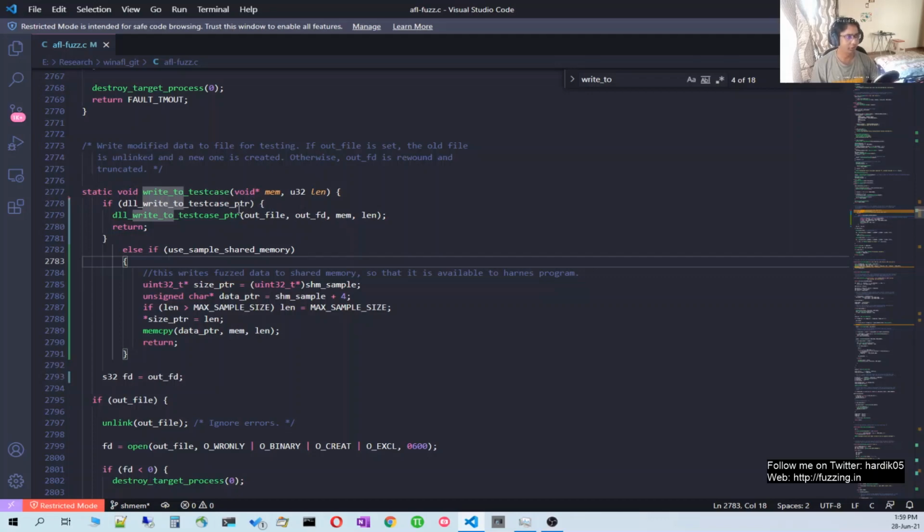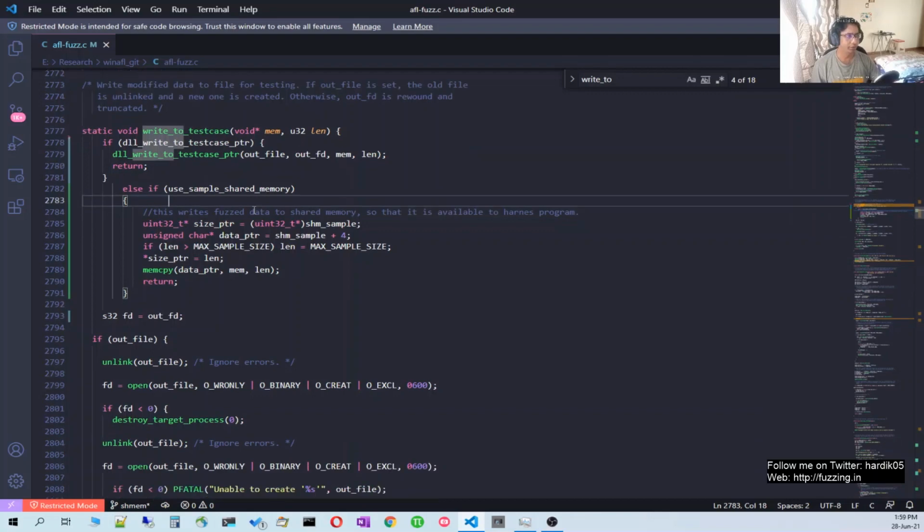In case we are using shared memory mode, then we simply need to check that over here. If we are using shared memory, then we will write all the mutated data.